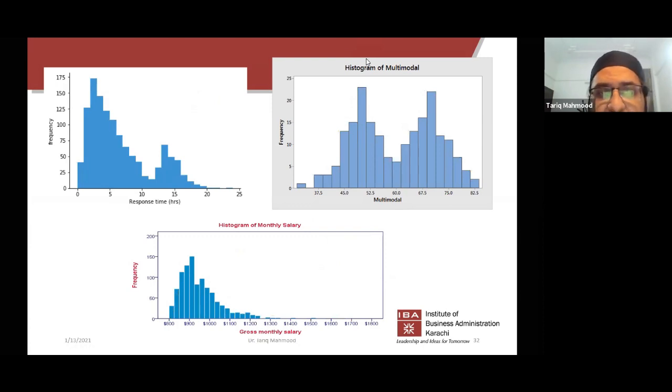SPSS is not a BI tool. मा़फ़ी के साथ, SPSS is a statistical tool. जो मैं आपको statistical test की बात कर रहा हूँ, correlation analysis हो गए, आपके t-test हो गए, ANOVA test हो गए, you can do that in SPSS. But BI tool, मैंने आपको बताया था ना कि BI tool तो statistical